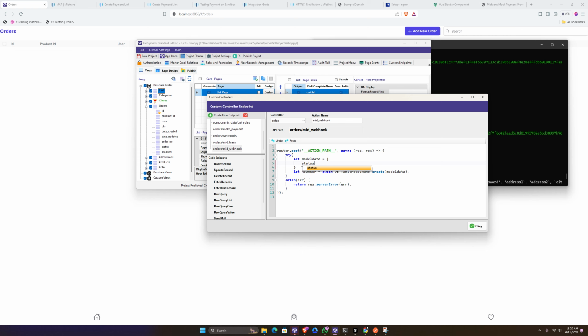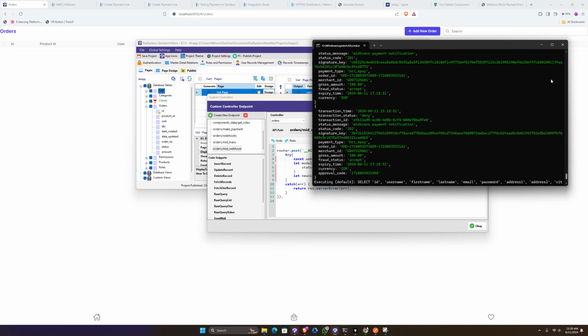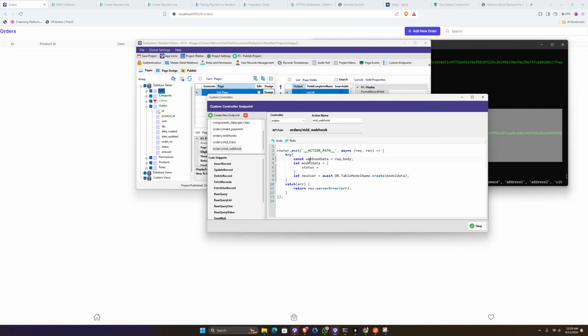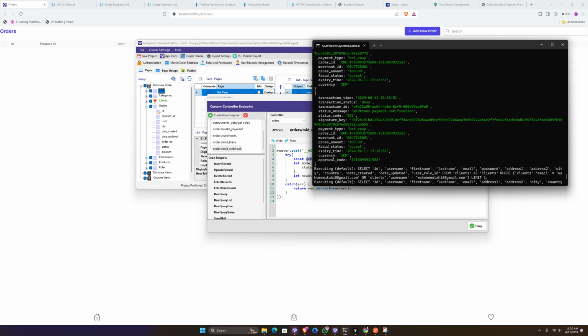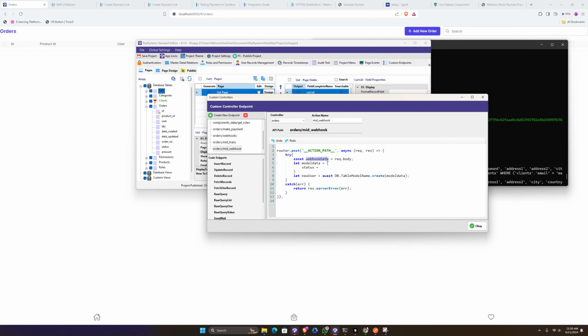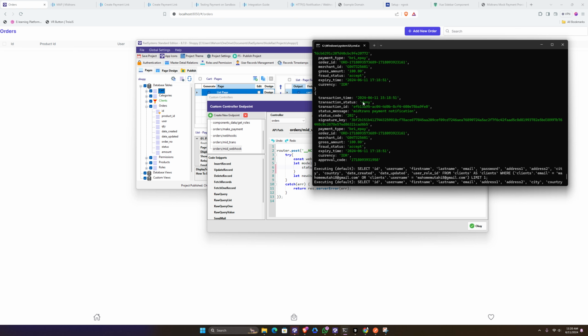So we're going to do status is equals to, but before we do that, we need to create a variable, webhook data. It's going to be req.body. So what you're doing here is attaching the response we get here to a variable called webhookData.body. Now when we get this back, we only need to call this once. So I'm just going to copy this, and you're going to say status is equals to webhookData, and we need the status here, like that,